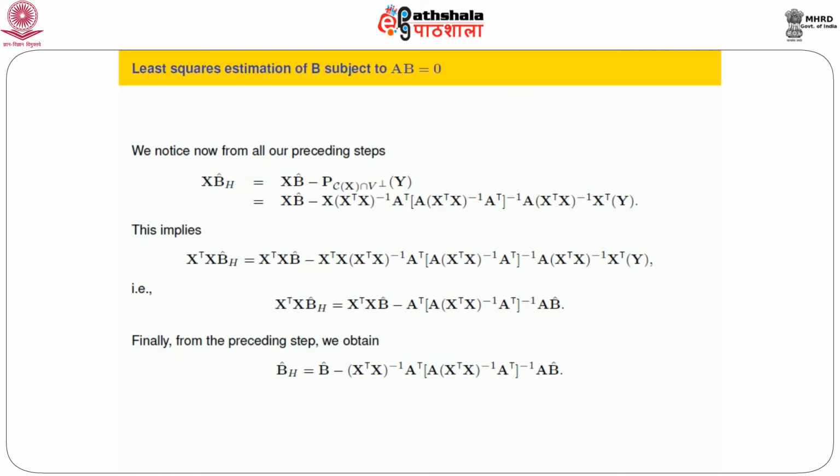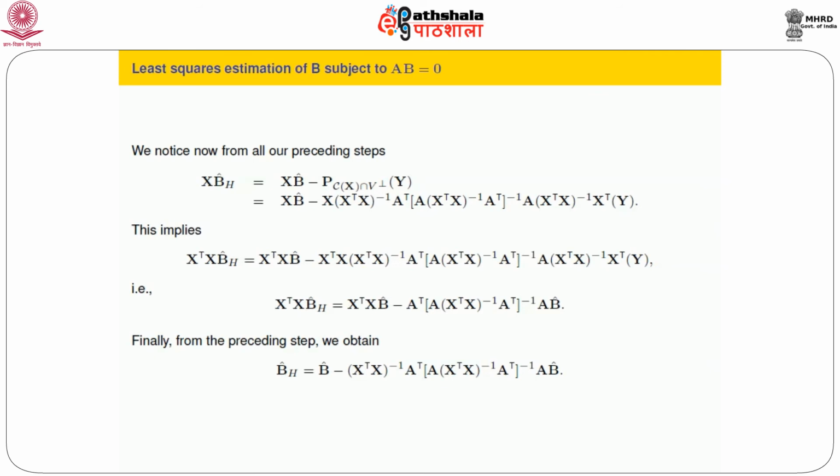What were the technical assumptions that we have needed? Namely, two assumptions. One is capital A is a matrix of full row rank, capital X is a matrix of full column rank. Under these two assumptions, we have been able to obtain a neat expression. It is possible to obtain an expression for this estimate even otherwise if we relax the assumption of capital X being of full column rank, but some assumption about capital A is always required. We cannot put an arbitrary restriction. So that's what we have done in this third and fourth lecture.